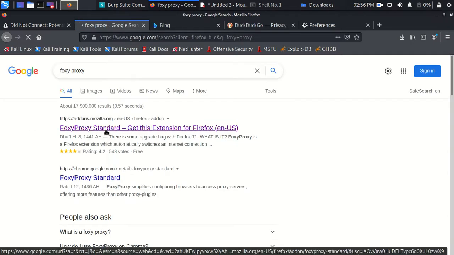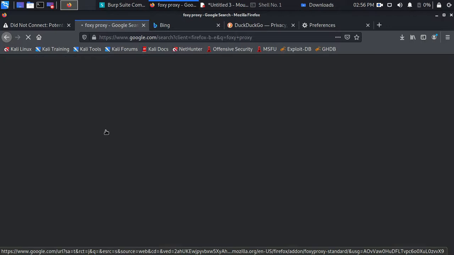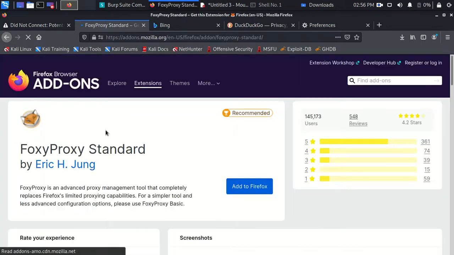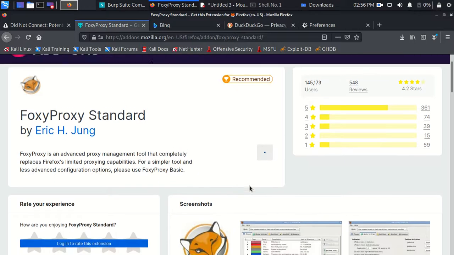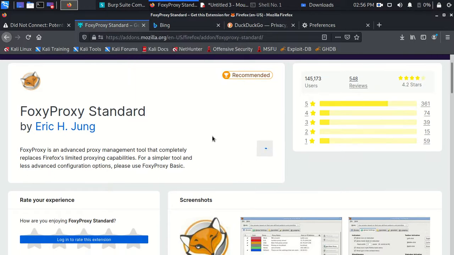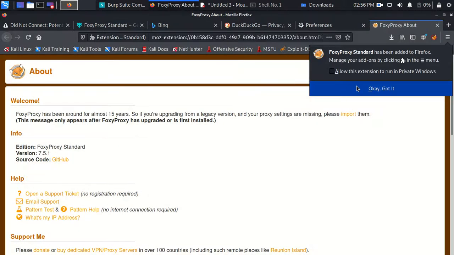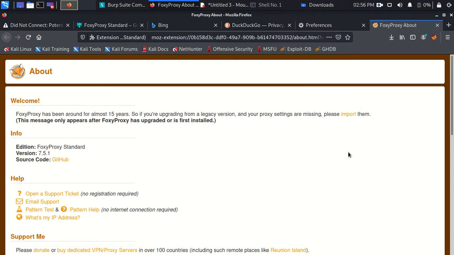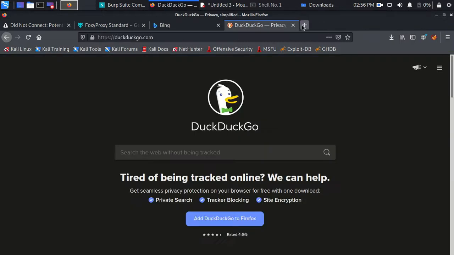Add to Firefox. Add. Okay, fine. Now what you need to do, just close this, no need for this.